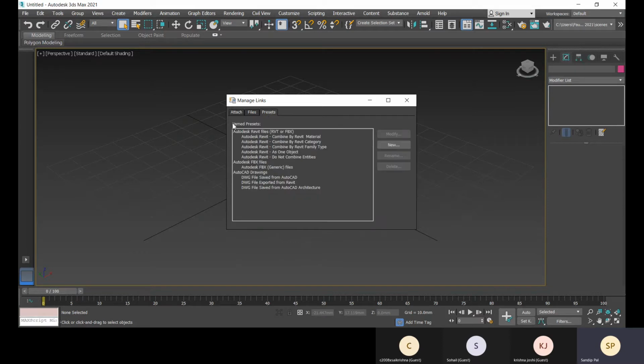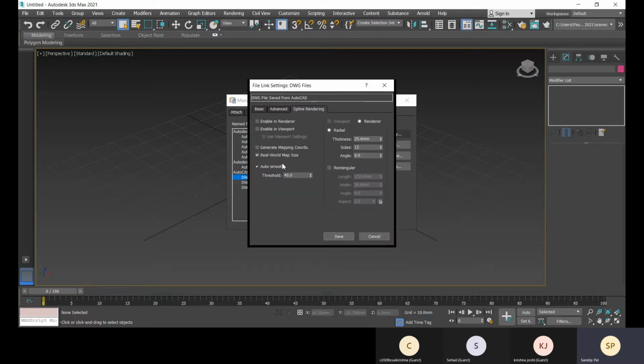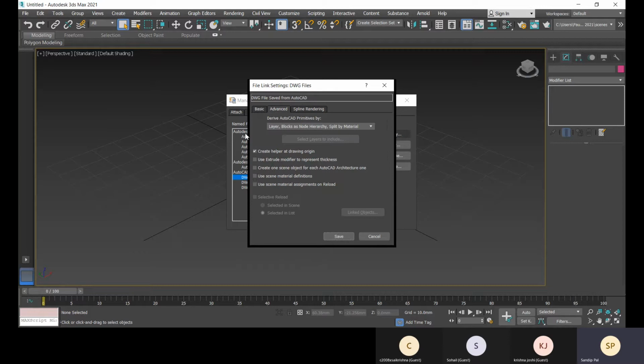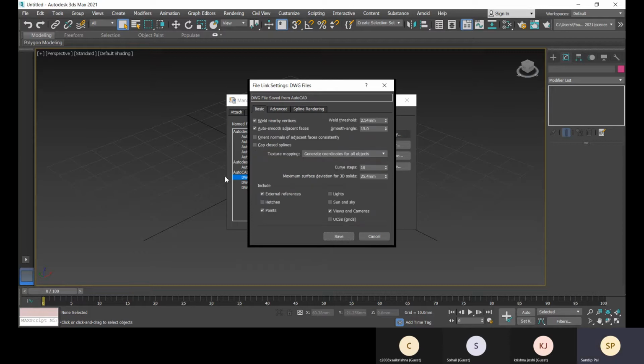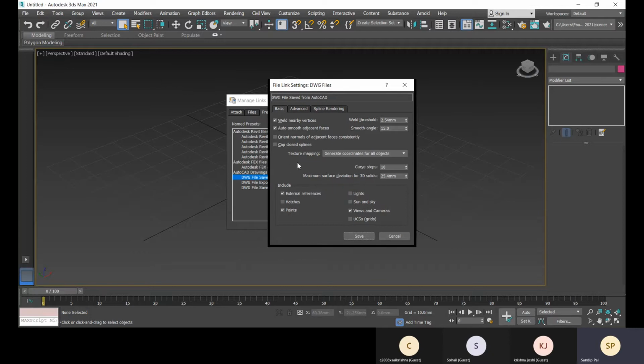Now you can go to presets. If you need to change that preset, select it and go to modify, and you can change the settings even after that. See, these curve steps are available.